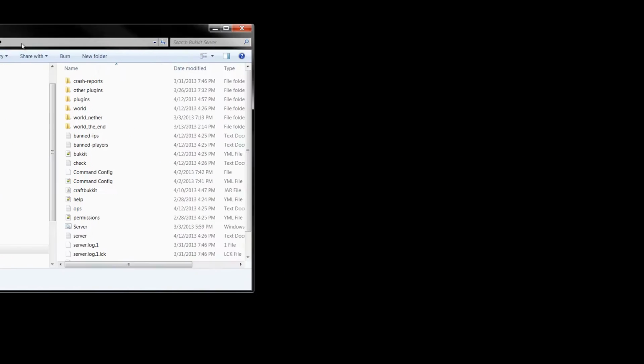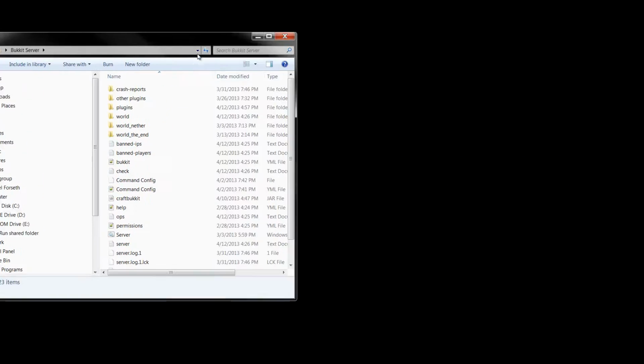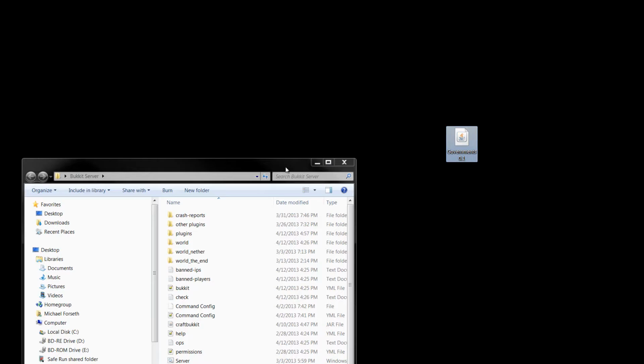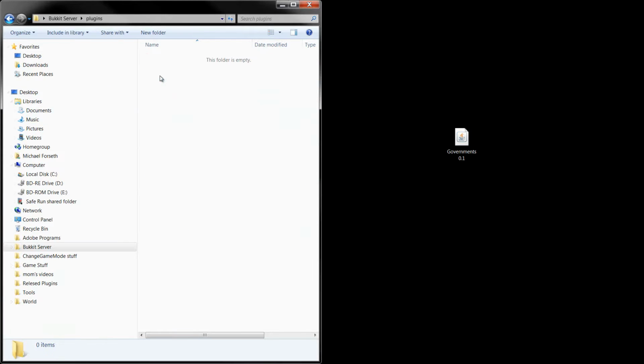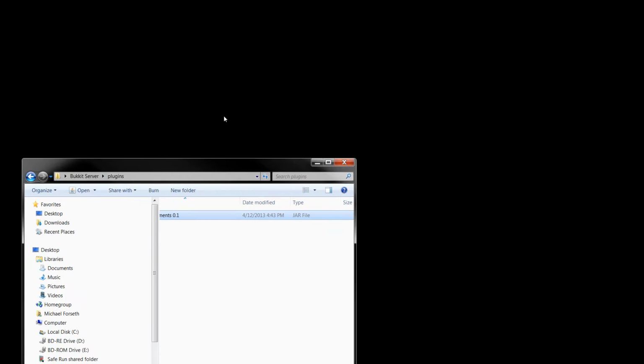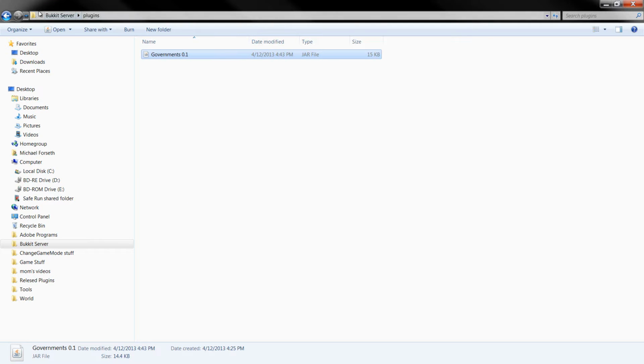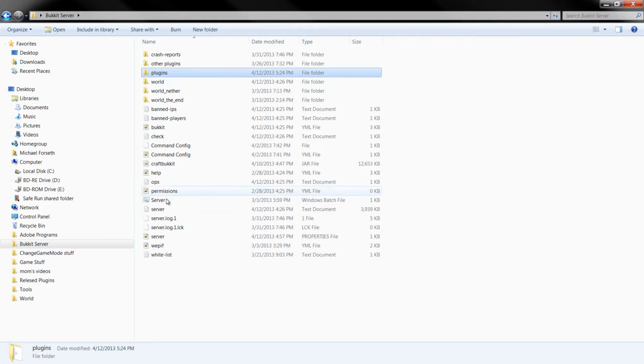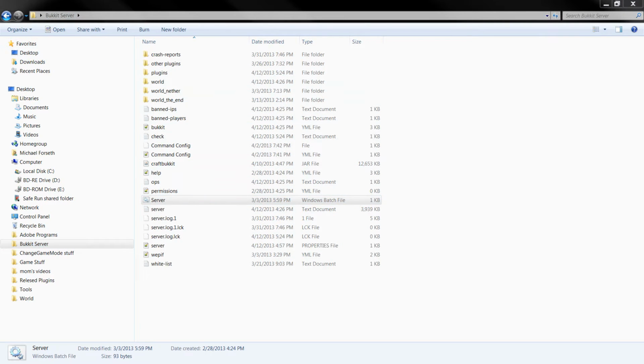Okay, so we're going to take this, and we'll take this plugin right here. We're going to go into the plugins folder and simply drag that into the plugins folder. So now there's only one plugin in there, and it's the government's plugin. So we simply run the server,